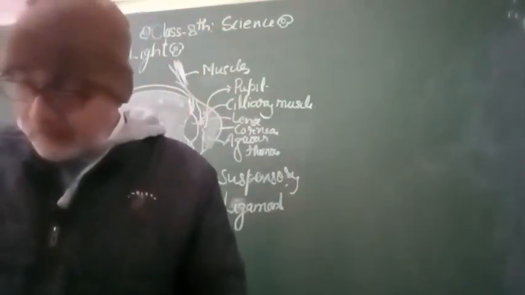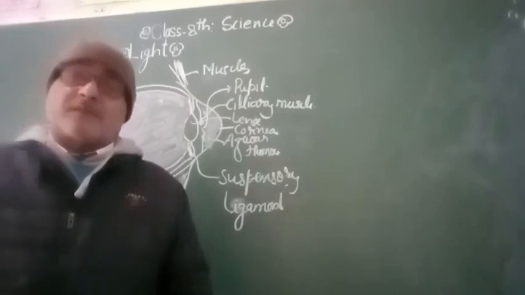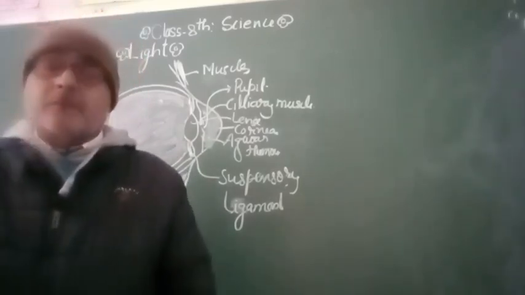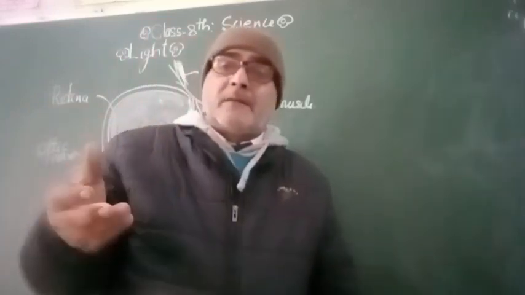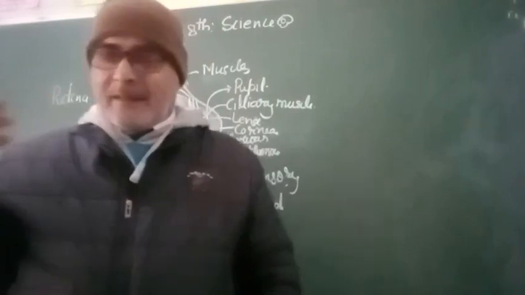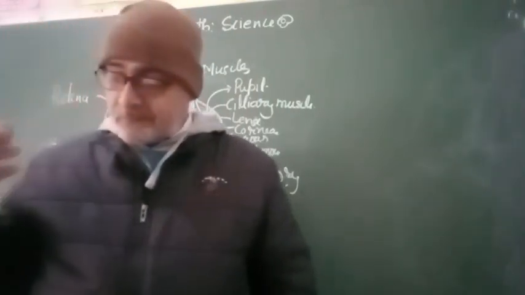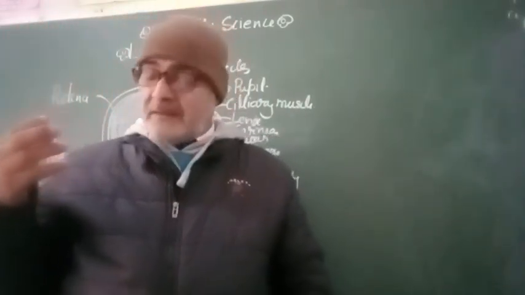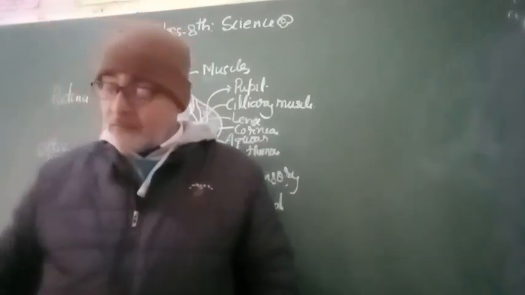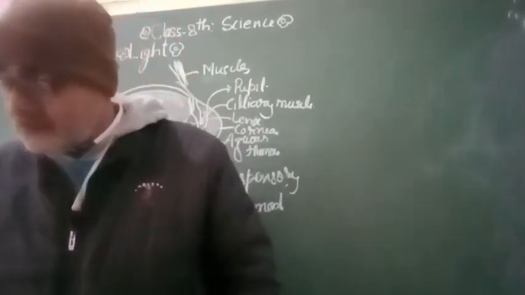Now there are two types of accommodation. The power of accommodation, suppose the person is of old age and there are many problems related to the human eye, that is, defects of vision. Accommodation of power means the ability of the human eye to see sharply all the objects which are located at various distances.